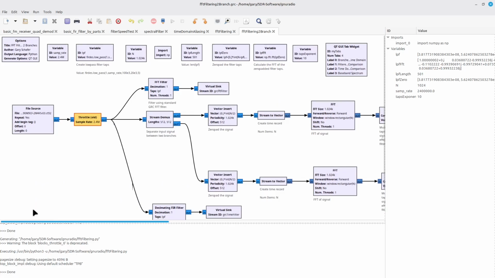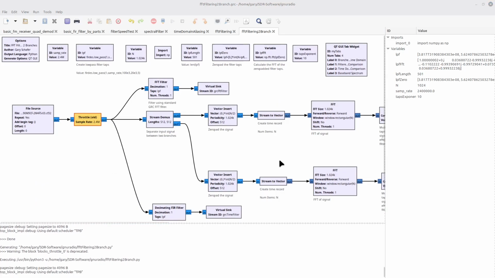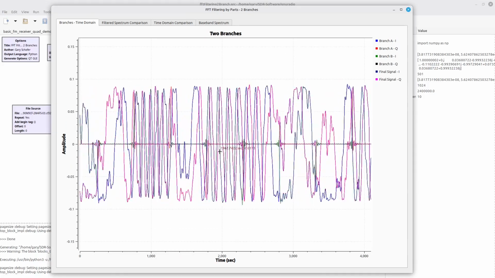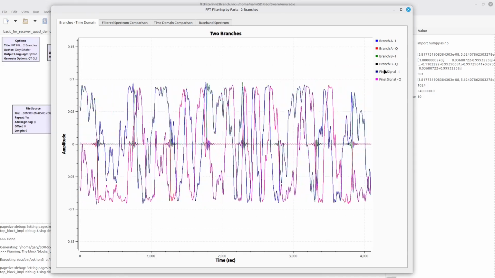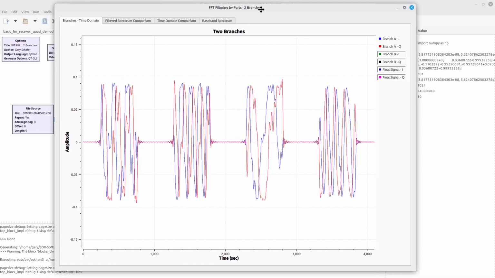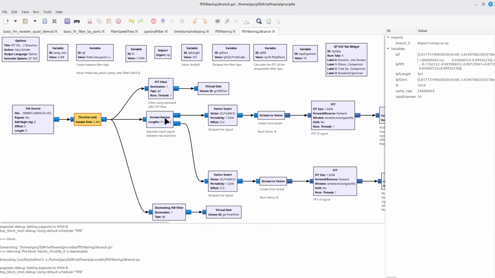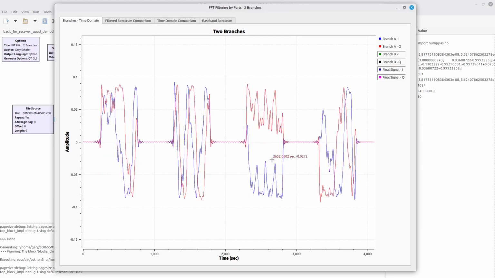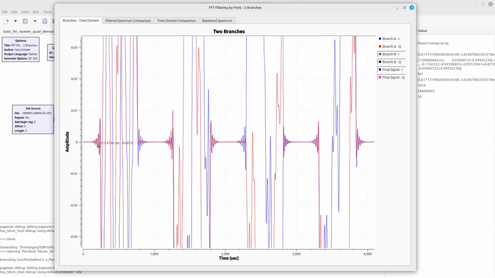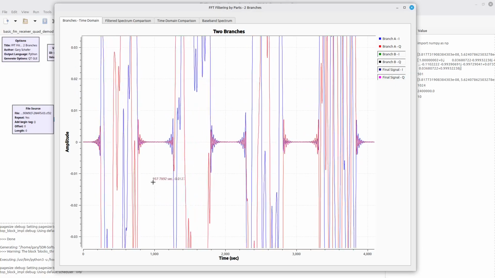And when you run this particular filter, what you wind up with is three different signals. First off, let's start with the top branch, and let me explain that this is the top branch here. This would be branch A, this would be branch 2 or branch B. And so with that, this is what it looks like, and you can see the ringing on either end due to the impulse response of the filter.